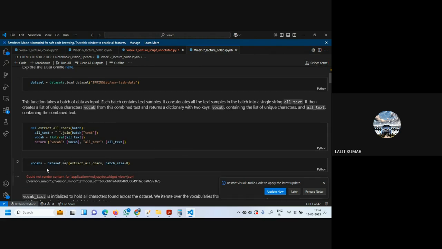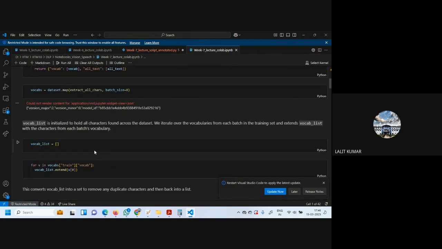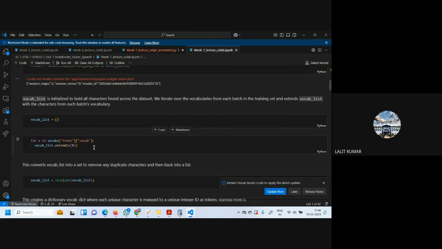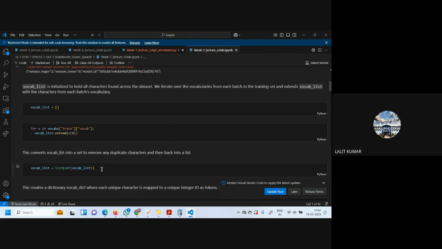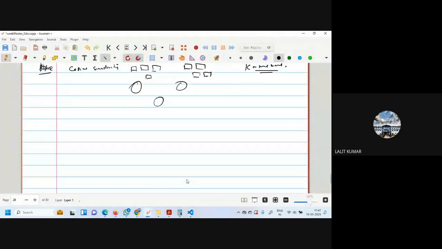And then we are passing the vocabs using the map function, extracting all characters, in a batch size of 8, so we are getting the vocabs. And then from the vocab list, we are building a vocab dictionary. So the first function for week 7 is